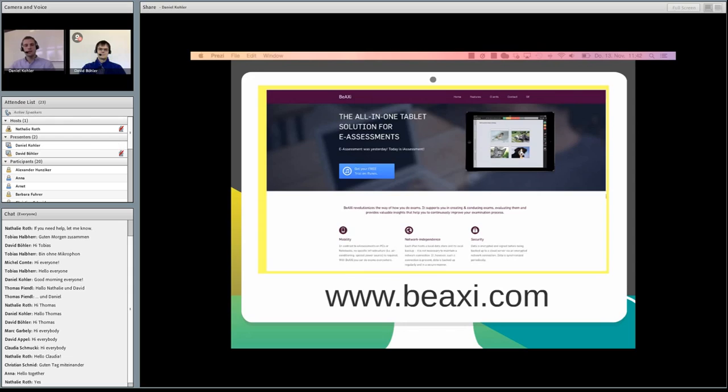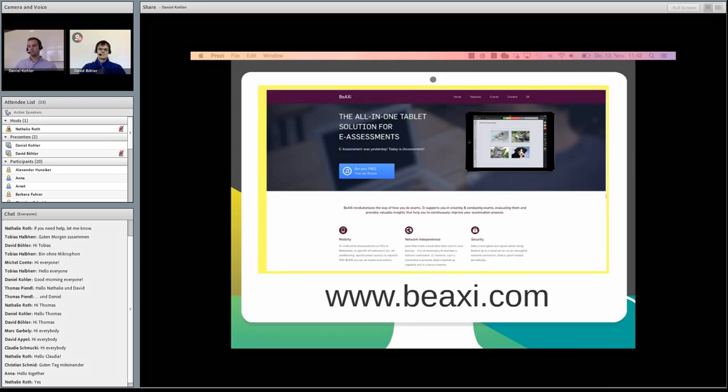But you need to see this item was very difficult and has weak selectivity, because 35.6% of the candidates have chosen answer D. Maybe there's something wrong with this item, so you may want to review it for future exams to be on the safe side. Yeah, and I don't want to go through all the items here. That's just to give you an impression of what the BeAXi Manager is actually able to produce for you.